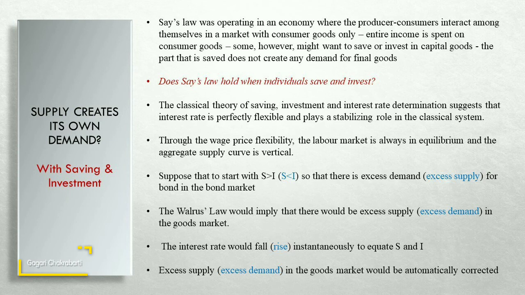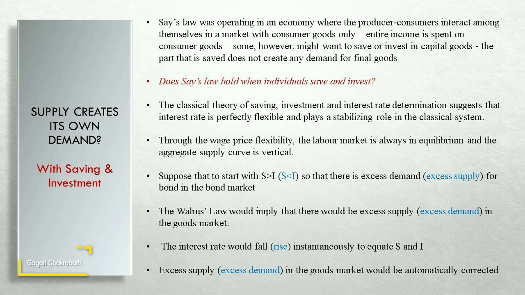Now we suppose that, to start with, saving is greater than investment, so that there is excess demand for bonds in the bond market. Walras' law would imply that there would be excess supply in the goods market, because here we have three markets: the goods market, labor market and the market for loanable funds. The labor market is always in equilibrium, so if we have excess demand for bonds in the bond market, or excess supply of loanable funds, then there should be excess supply in the goods